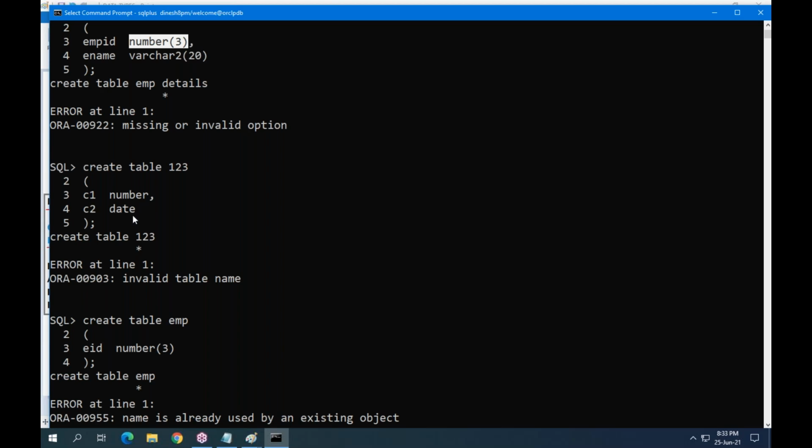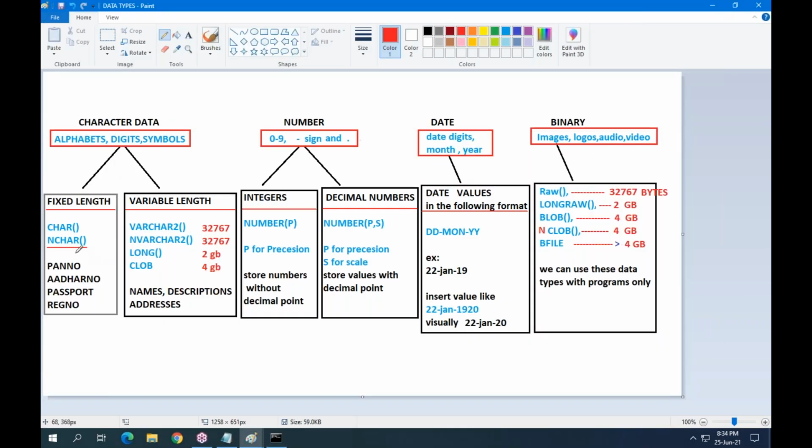So how to store data in a local language or in any form of global language? Then use the data type nchar. Both are the same, but char supports only English, while nchar will support any global level language.